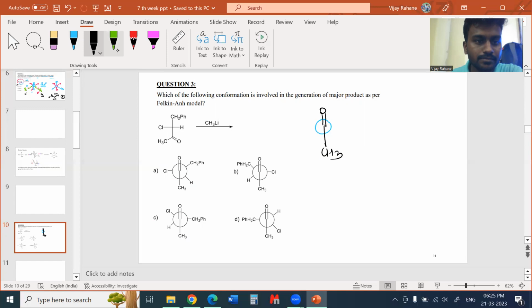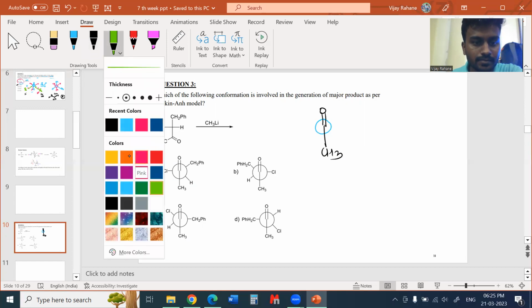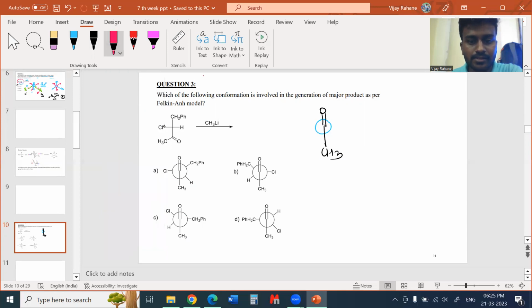and the backside groups will be Cl here, hydrogen here, and CH2Ph like this. So this is the structure of this compound. Now in the Felkin-Anh model, we need to bring this chlorine perpendicular to the carbonyl carbon. So which is exactly similar to the